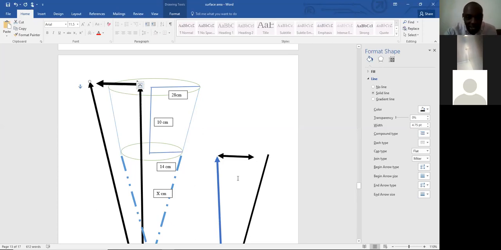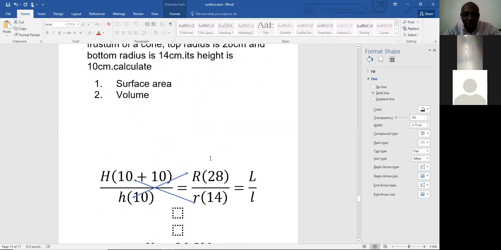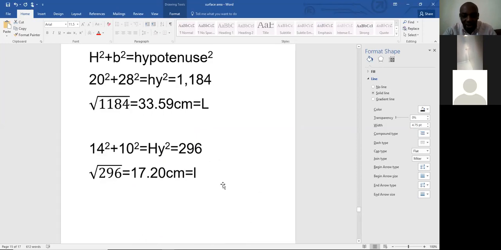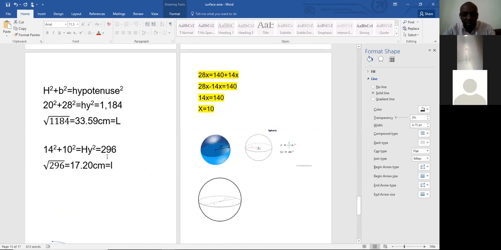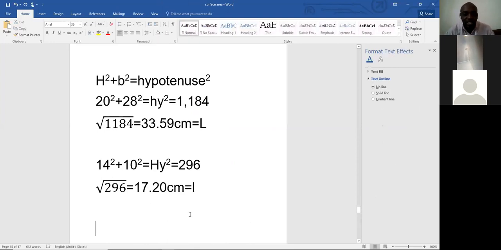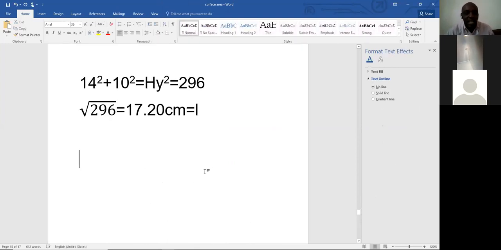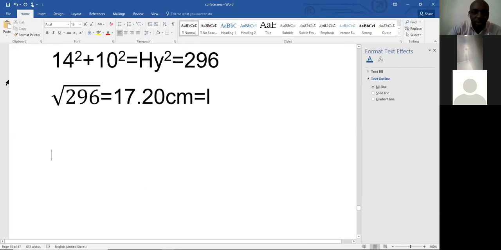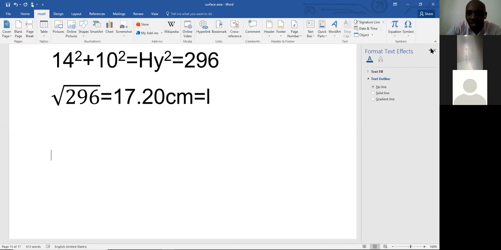So I'm back here again. So we now come to our formula of finding the surface area of a cone. Here, the formula of finding the surface area of a cone is none other but, let me use a small font so that I can make this one big. So the formula of finding the surface area of a cone is